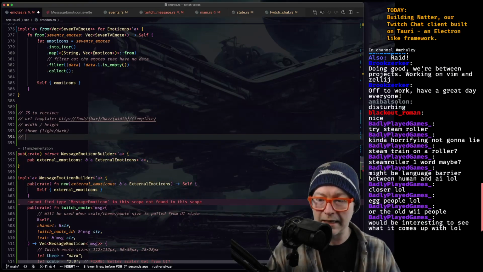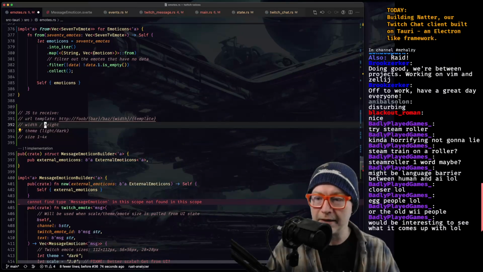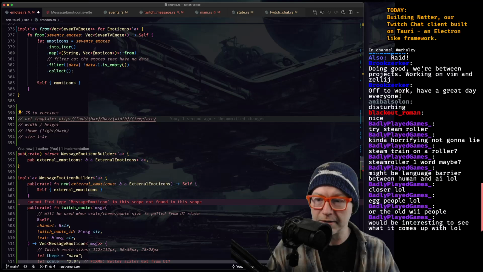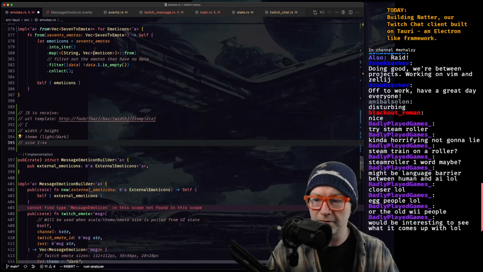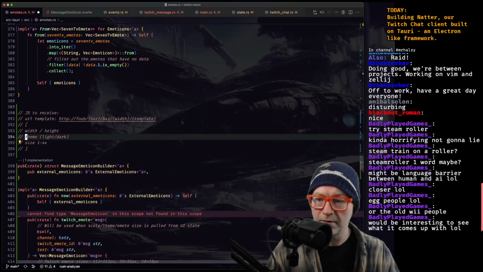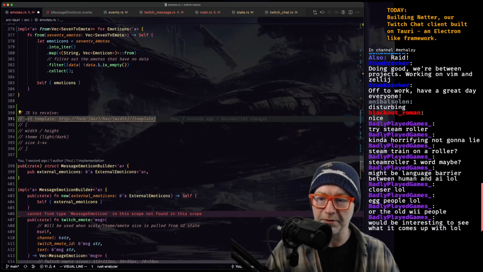And size before X. So as it will get basically the template and an array of this stuff. Then it can choose which one of these and build the template.